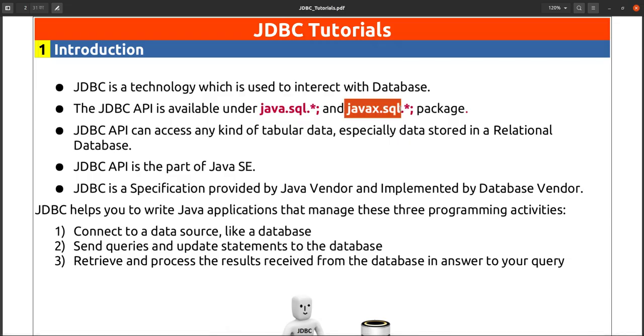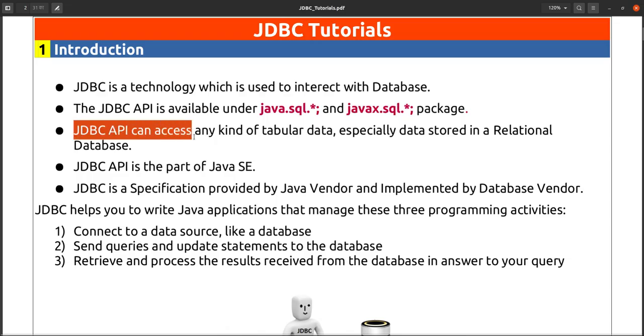So JDBC stands for Java Database Connectivity, and this is a technology or API that can be used to interact with the database. JDBC API can access any kind of tabular data, especially data stored in a relational database.